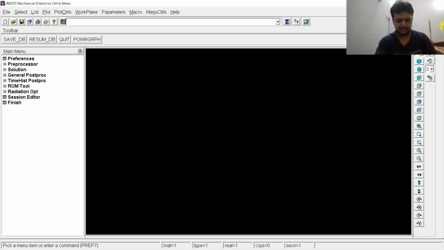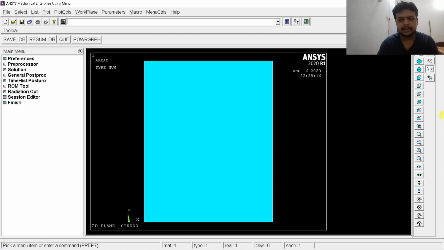So first of all, I will draw a big rectangle. A rectangle can be drawn by using the command BLC4, comma. Now the next two inputs will be the starting point of the rectangle, so the x coordinate of the starting point and the y coordinate. X coordinate I will take as 10 units, y coordinate 0 units. Now the next two inputs will be the length and the height of the rectangle. Length of the rectangle I will take as 80 units and height of the rectangle I will take as 100 units. It will draw a rectangle. Press enter. So there is a rectangle in front of us.